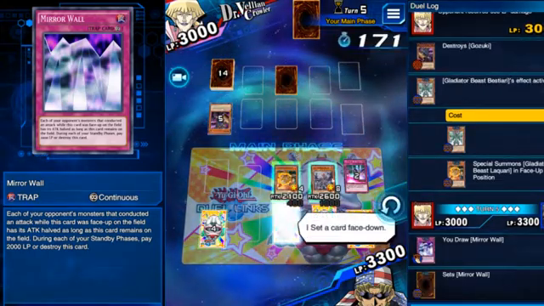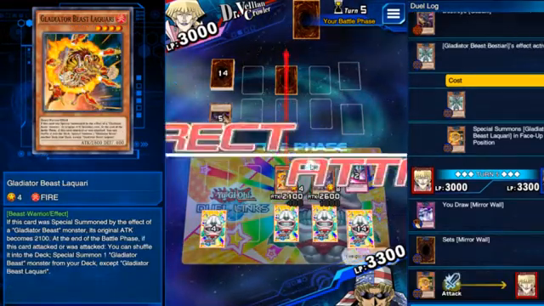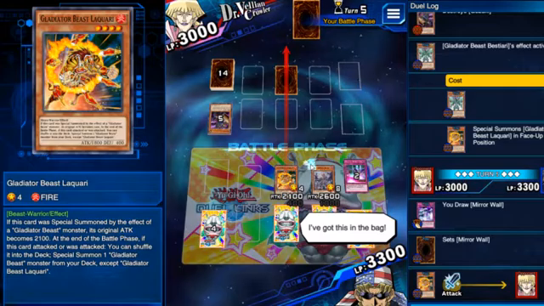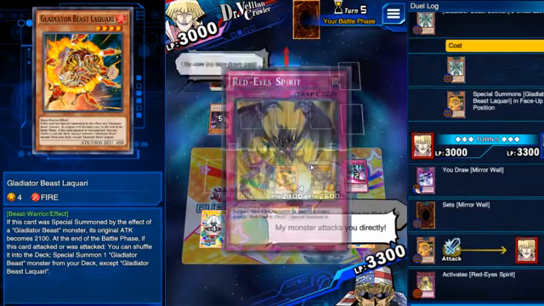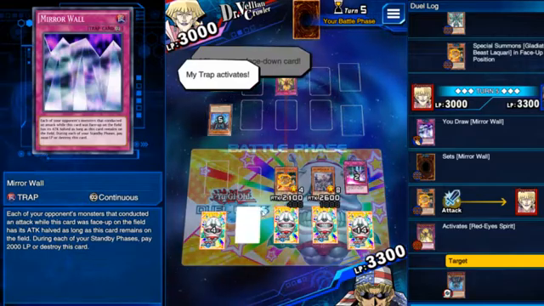I set a card face down. We don't have to go at the back row there, but we might as well just attack into it, because if he doesn't have anything decent, we win the duel. My monster attacks. This guy's Red Eyed Spirit. For my face down card, my trap